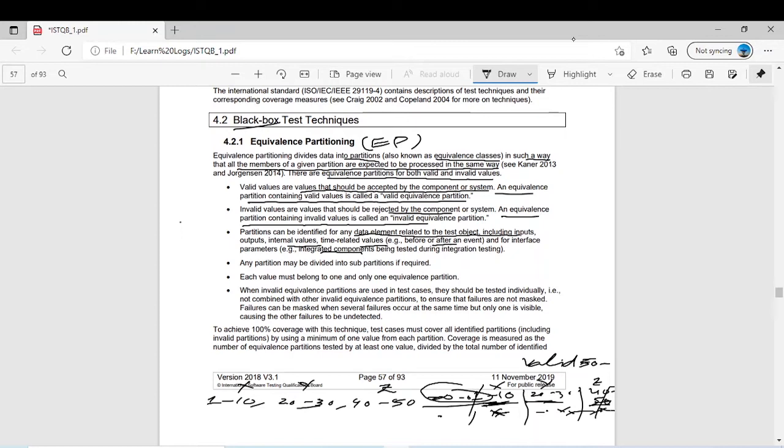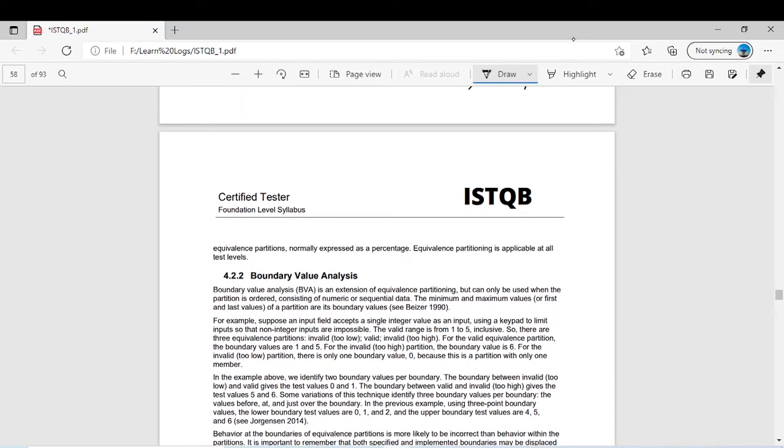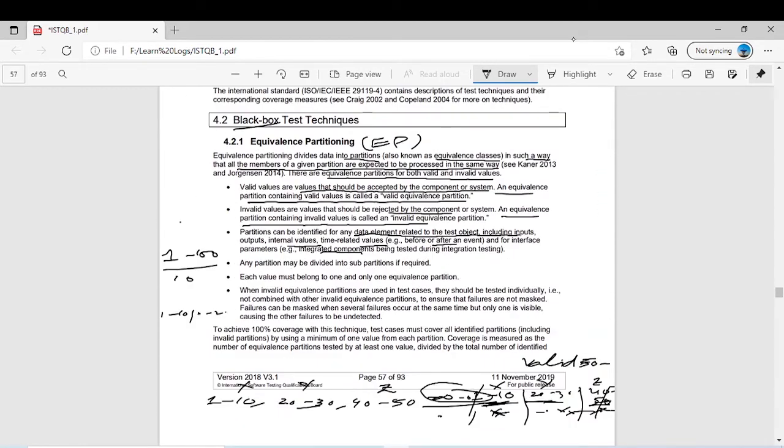For example, if I give you an example, I have values from 1 to 100 and they say there are 10 different classes. So I will make 10 valid classes: 1 to 10, 11 to 20, 21 to 30, and so on to 100. And invalid will be 100 and greater, and 0 and less. So it is a kind of same behavior, same data of same behavior is put in the same class. As I told you here, the values from 1 to 10 behave in a similar way, so they were put in class X. Values from 20 to 30 behave in the same way, so they were put in class Y. Values from 40 to 50 behave in the same way, so they were put in class Z.